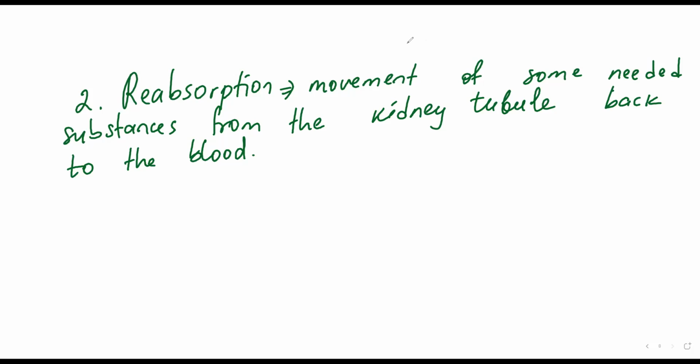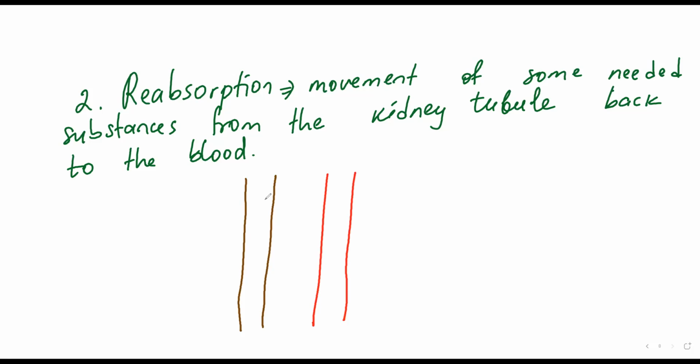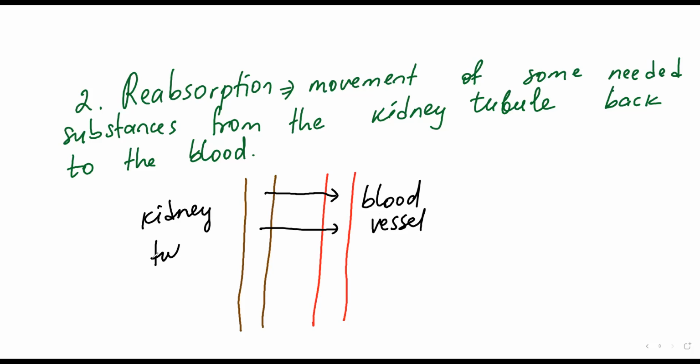So I will explain the general logic of this process. Let's say that, guys, this is our kidney tubule. It doesn't matter whether this is the proximal tubule, distal tubule, or loop of Henle. And let's say that this is a blood vessel. So some substances will pass back from the kidney tubule to the blood, like this one. So this is the blood vessel, and this is the kidney tubule. Some substances are passing back to the blood. The name of this process is reabsorption, such as